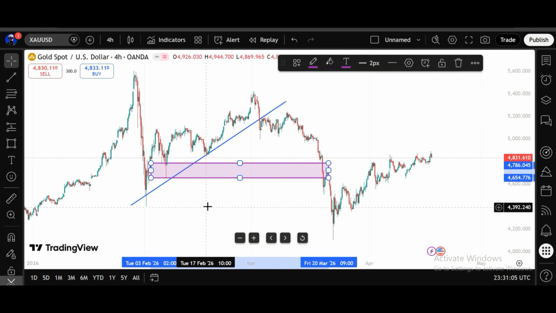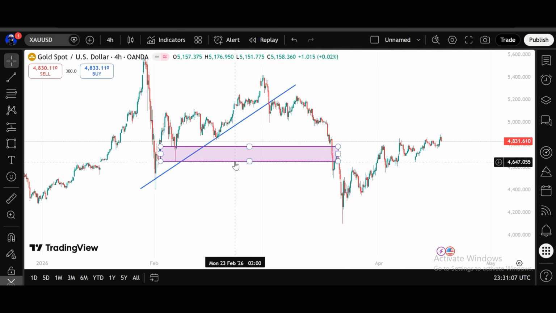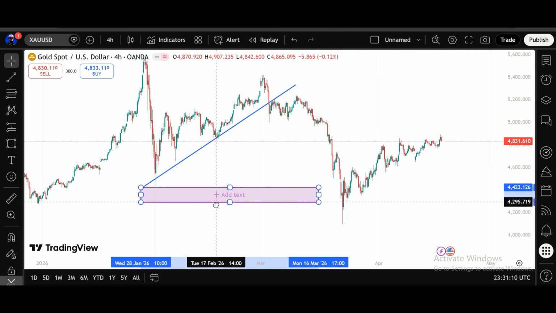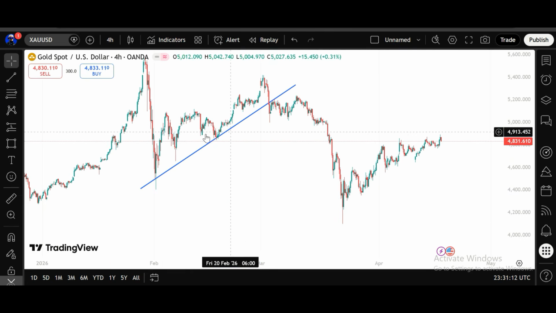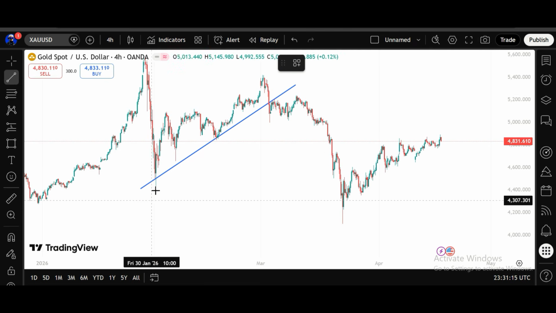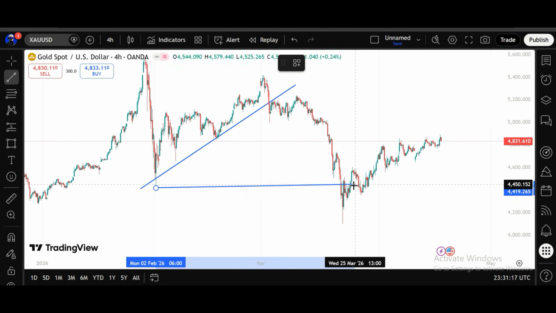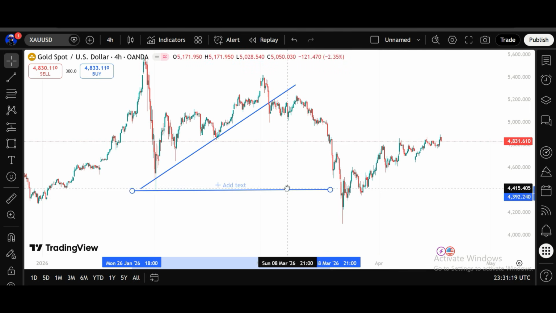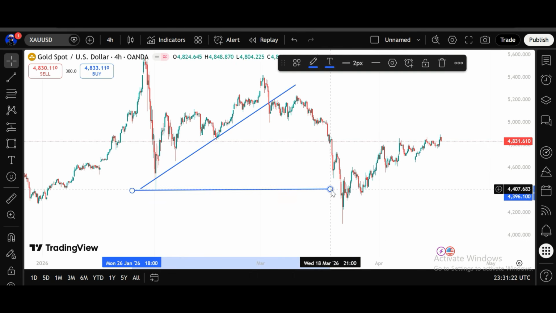So if you're looking for a point of interest, if you want to trade this market, for instance, and maybe I want to buy, I should be looking for anything below. I should be targeting any level below this level before I would think of buying. It should be at least below this level, whether for a bullish or for a bearish trend. It should be outside that trend line level. So from this point to this point, the only thing I want to do is to sell. The only thing I will be doing from this point, if I'm going to trade this market, to this point